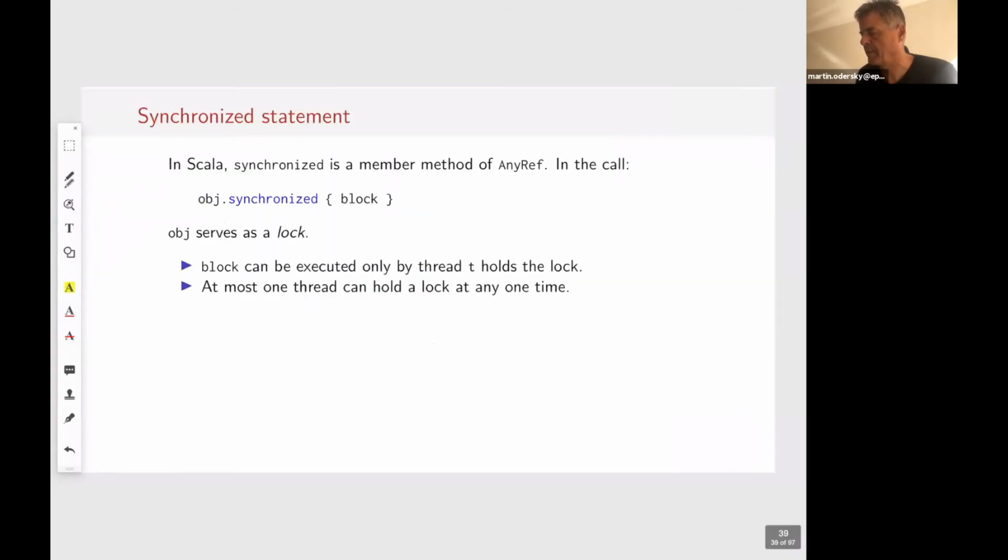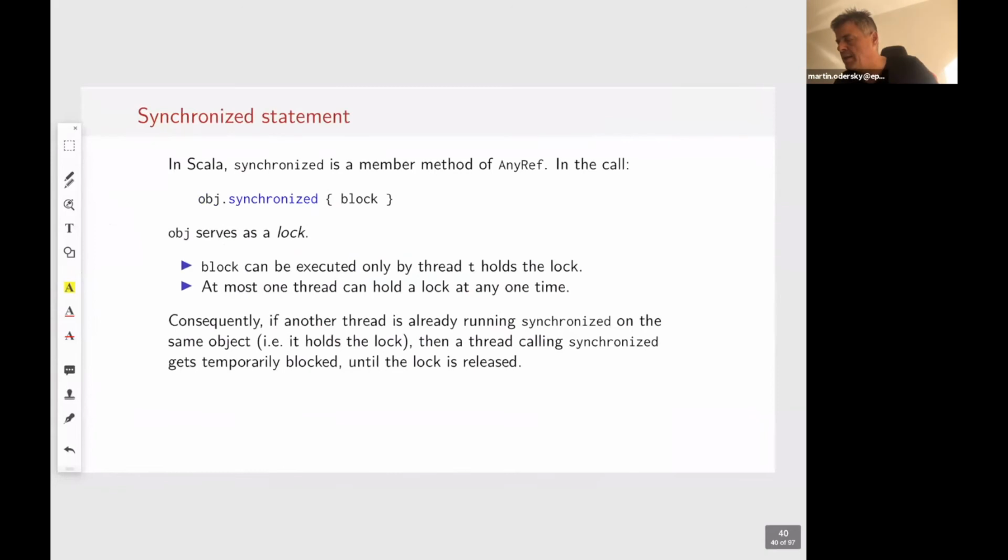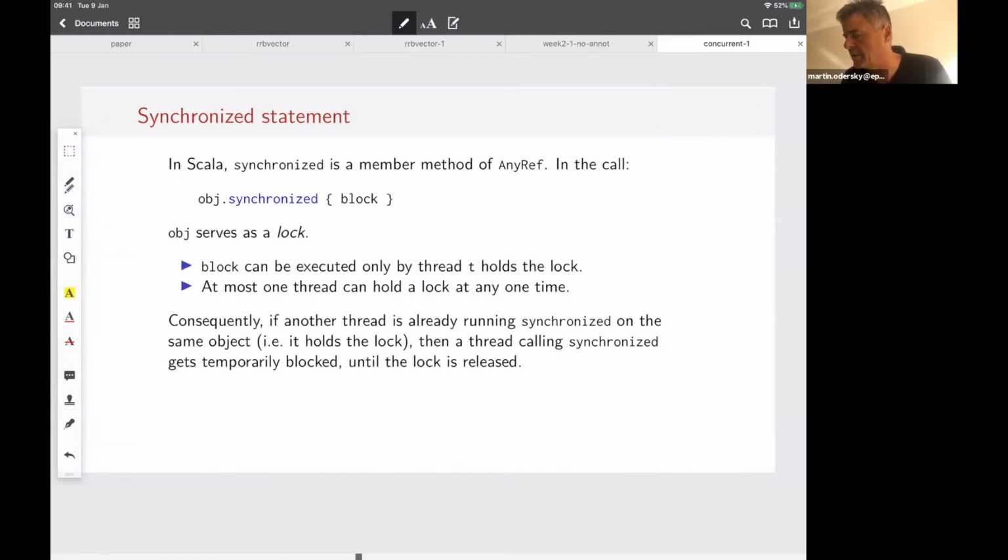Okay. So in Scala, synchronized is treated as a member method of AnyRef for object, and Java does pretty much the same thing. It calls it Object. So synchronized is available as a method on every object there is on the JVM. And in the call object.synchronized and then some block, the object serves as a lock.